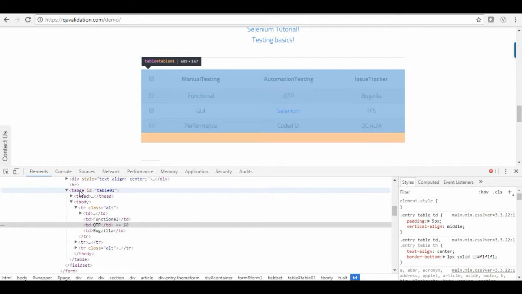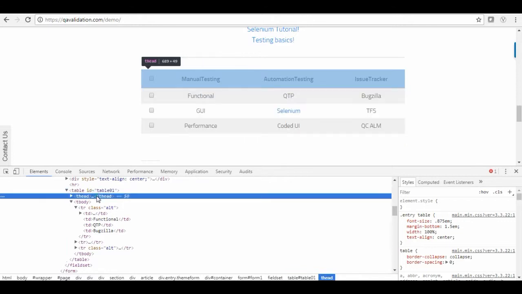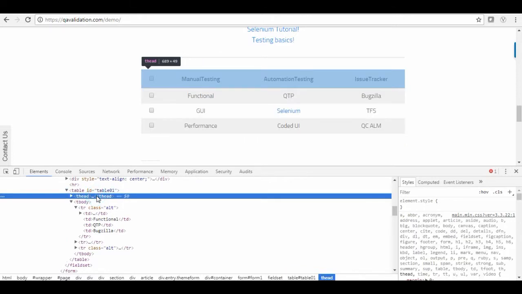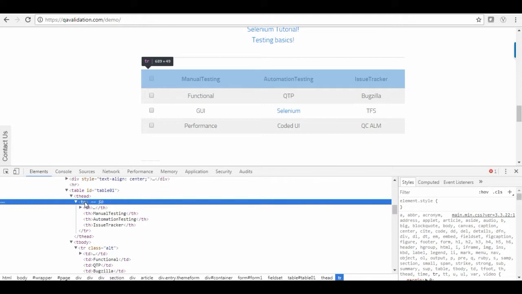If you see, this table starts from here. Basically the table ID is table01. Now the thead is nothing but the header section of the table. Some tables might have this thead and some will not. If there is a header, then you can see that inside a thead tag. Underneath that you will get the row, that is tr, which is nothing but the table row. If I highlight that, you can see it is the first row, that is the heading row,